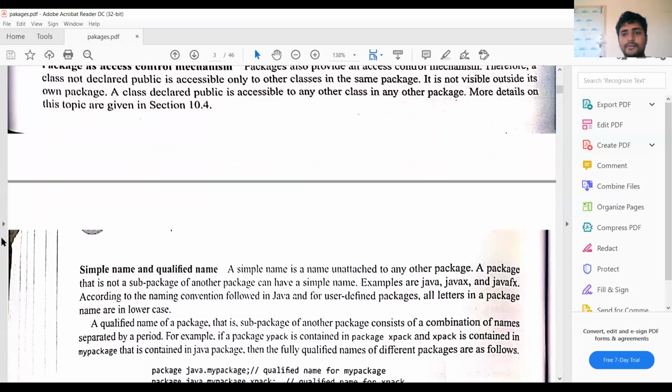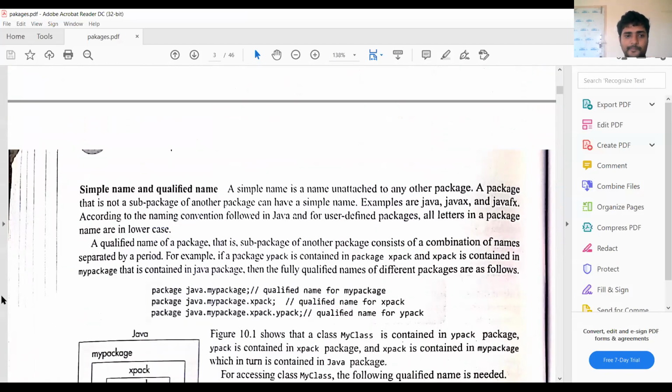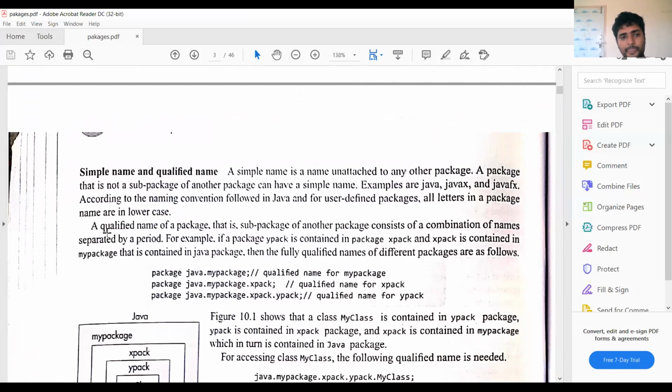Next one, simple name and qualified name. We have two types of naming convention: simple name and qualified name. Simple name means simply one name.